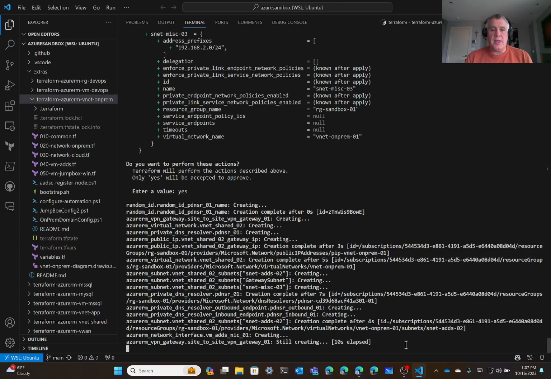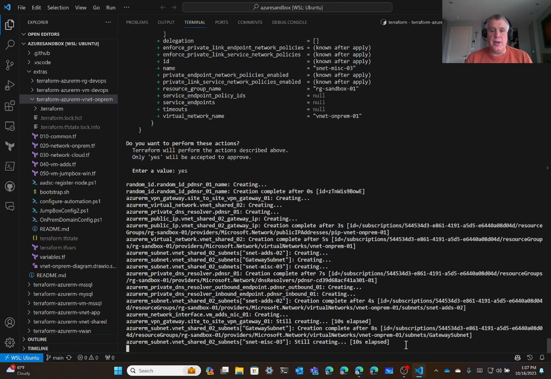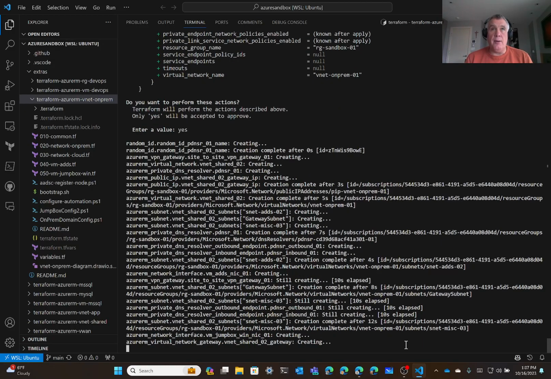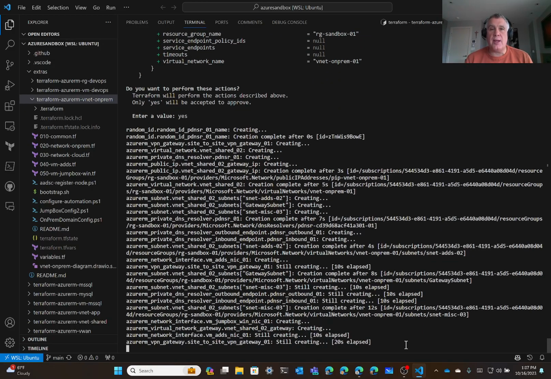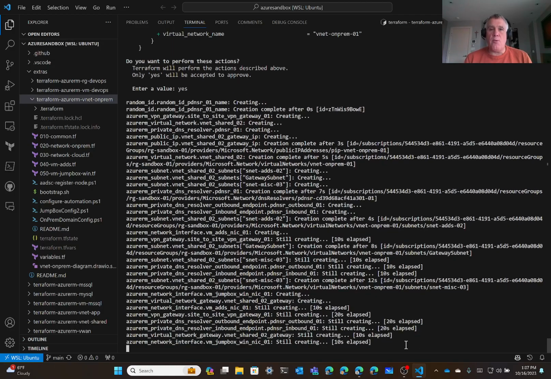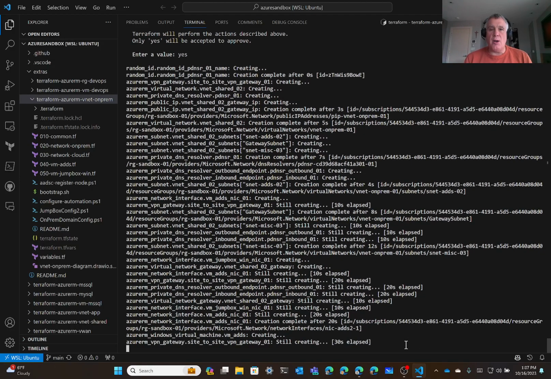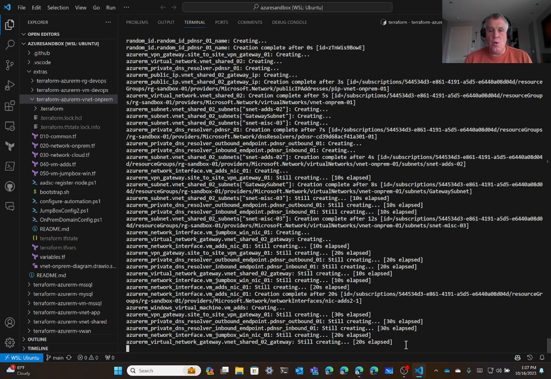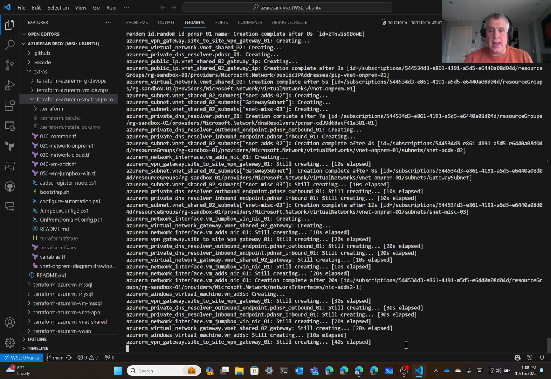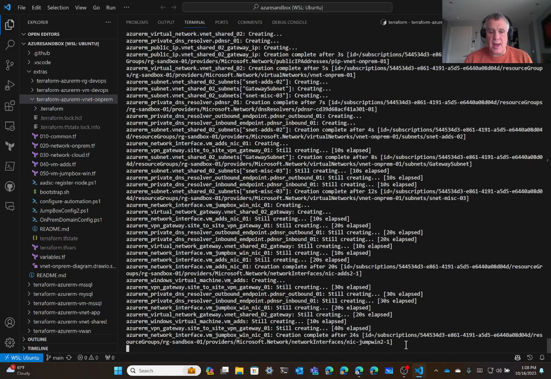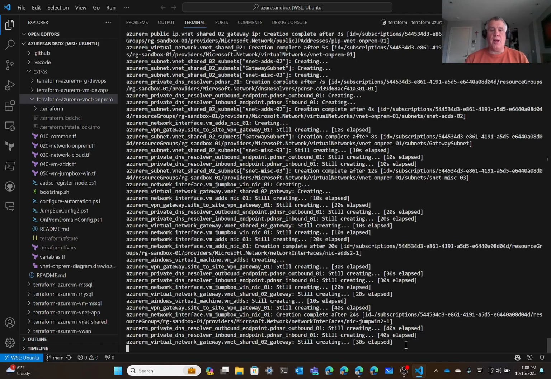Two of them take quite some time, including the site-to-site VPN gateway that gets provisioned in the vWAN hub, and then also the virtual network gateway, which gets provisioned in the on-premises network. Those take roughly 30 minutes or so to provision. So I will jump back in when any significant things happen, but we'll pause the video during some of the time that we're waiting for those